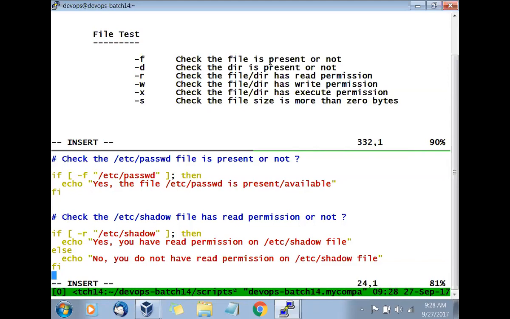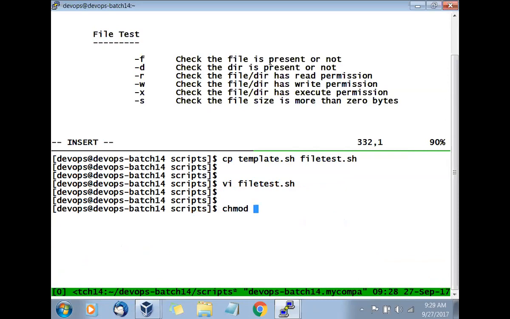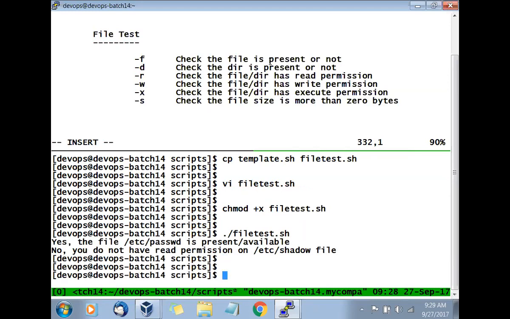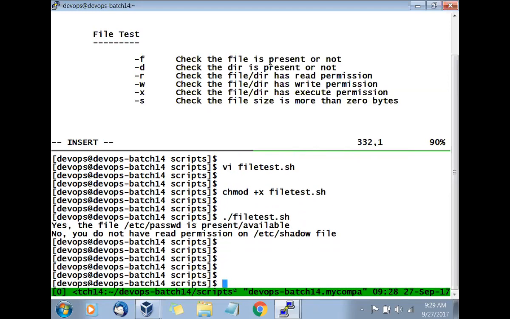Okay, let's go further. So I'll save that, chmod +x file test. So I'll give the execute permission to the file and then we'll execute. Ready, steady, go. File test. 1, 2, and 3. So what does it say? It says yes, the file /etc/passwd is present.